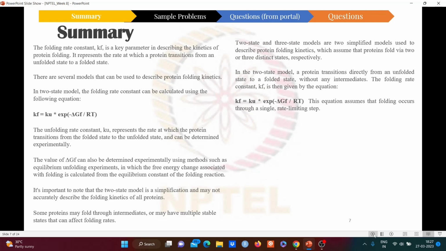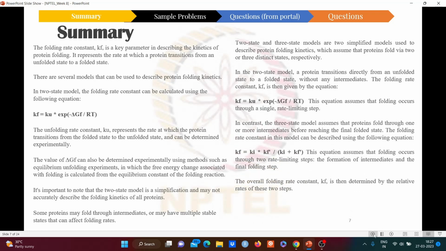As we all know, protein folding itself is a complex process that can occur through multiple pathways and involve different intermediates. Two-state and three-state models are simplified models used to describe protein folding kinetics. These models assume that proteins fold via two or three distinct states respectively. In the two-state model, a protein transitions directly from an unfolded state to a folded state without any intermediates. And here is the equation for the folding rate which we discussed. In contrast to this,